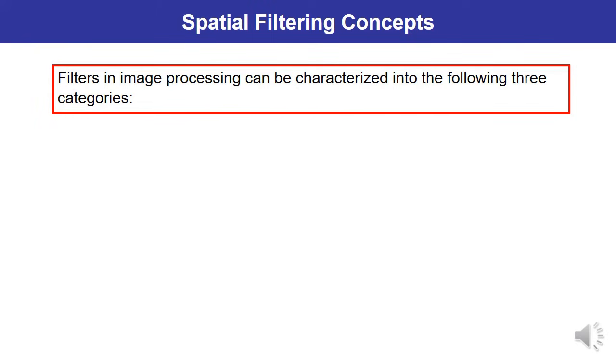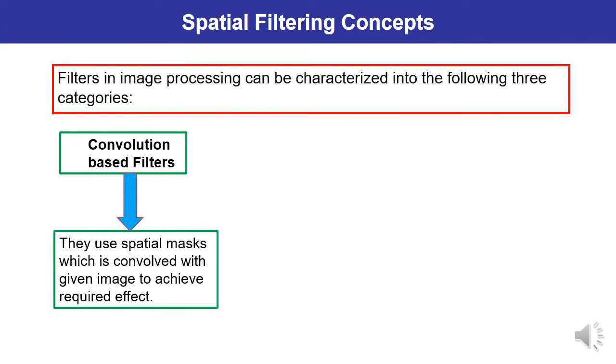Filters in image processing can be categorized into three categories. The first categorization is the convolution based filters. What is the function of these convolution based filters? These filters use a spatial mask which is convolved with the given image to achieve the required effect. If f(x,y) is the input image and this function is applied, at the output you are going to get the enhanced image, which can be represented as g(x,y) or any other term. The second category is